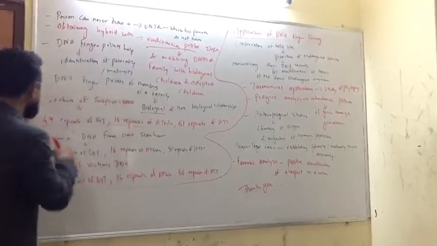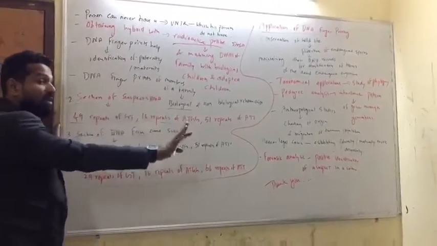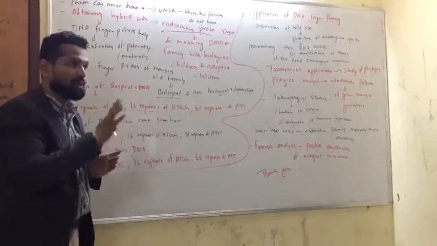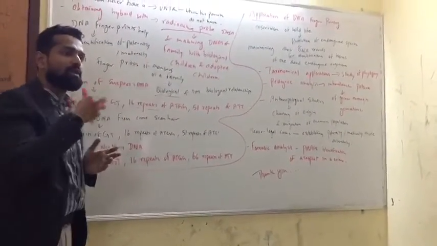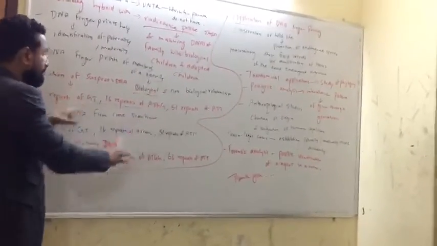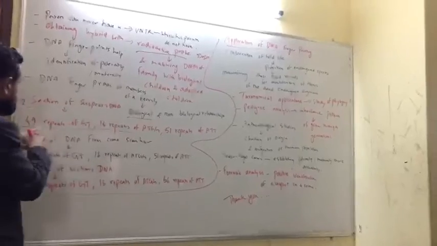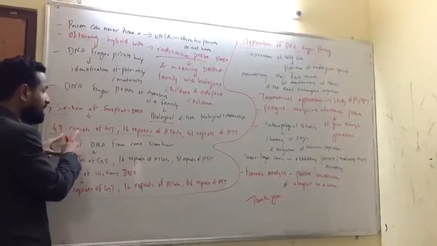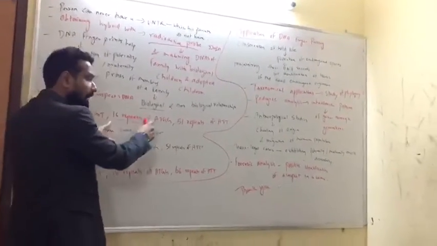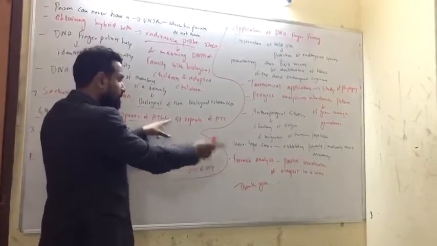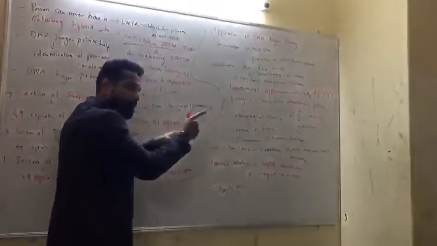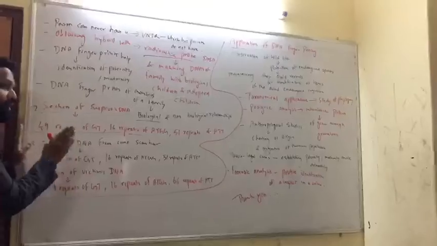Now let's check the second section, the suspect DNA. As a CBI officer or CID officer, you can doubt 10 people. All 10 people's DNA will be collected and kept as suspect DNA, and they are checked one by one. What was found there? 49 repetitions of guanine and thymine, 16 repetitions of adenine, thymine, guanine, and 51 repeats of adenine, thymine, thymine. Which is going to match with whom?